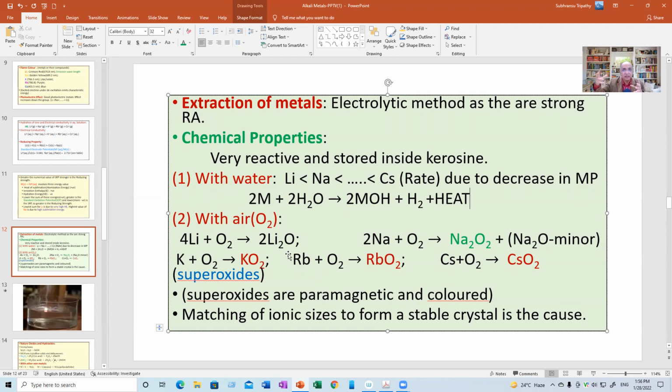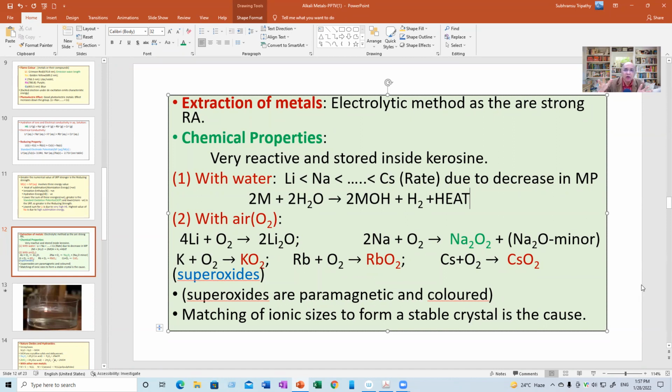Because when oxides are formed, the metal ions and oxide ions should match in their sizes to get a stable crystal. Since the lithium ion is very small, two such ions fit well with one oxide ion. Sodium ion 2:2, that is 1:1. But the others are bulky. If you become a little obese, then more obese, less obese, doesn't matter, you are obese. And so all the three which are obese,